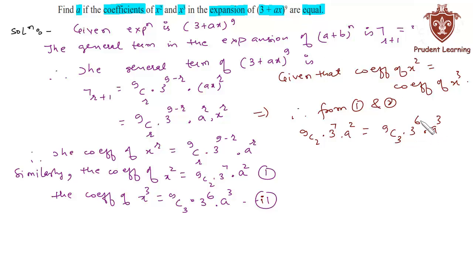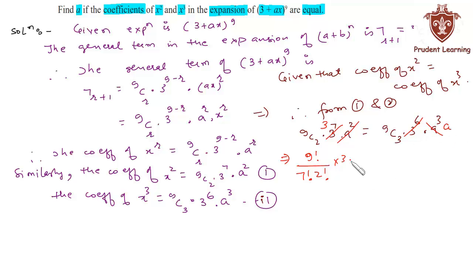Here we can cancel 3 raised to the power of 6 on both sides, so this will leave 3 here. Now we can write 9C2 as factorial 9 upon (9 minus 2), that is 7 factorial, into 2 factorial, into 3. Actually, we can also cancel a square on both sides, this will leave a